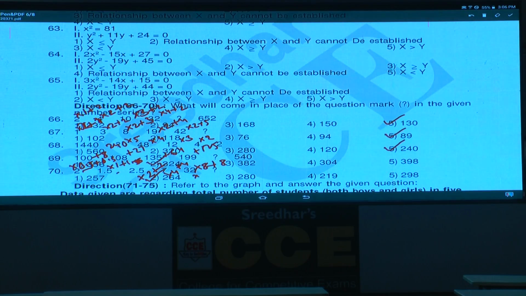Now this is about question number 66 to 70. Done with this paper? Now paper number 20371, question numbers 1 to 40 and 66 to 70. Any doubts in these questions? And the next is